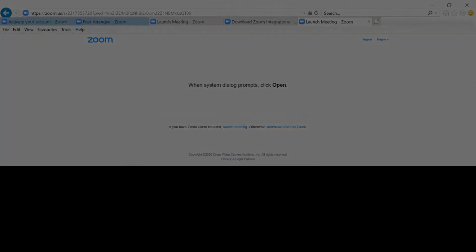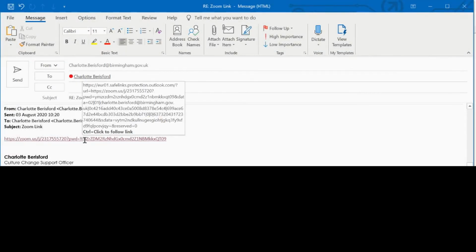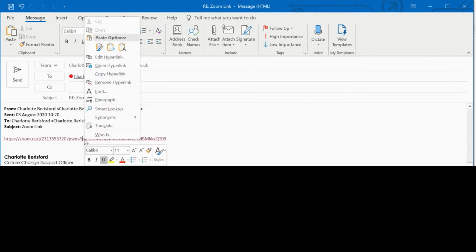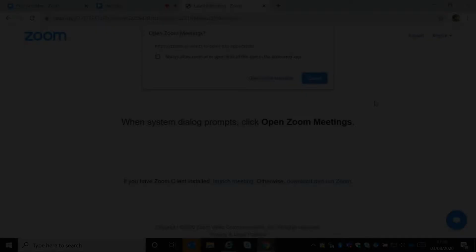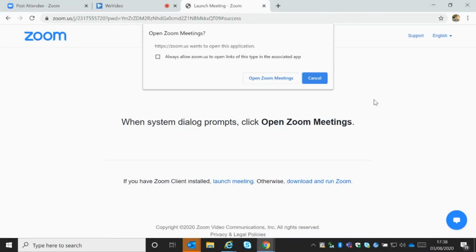Another option is to right click on the hyperlink as shown here, and from the dialog box simply select Open Hyperlink. Once you have opened the hyperlink, you may be shown a number of different dialog boxes, which are